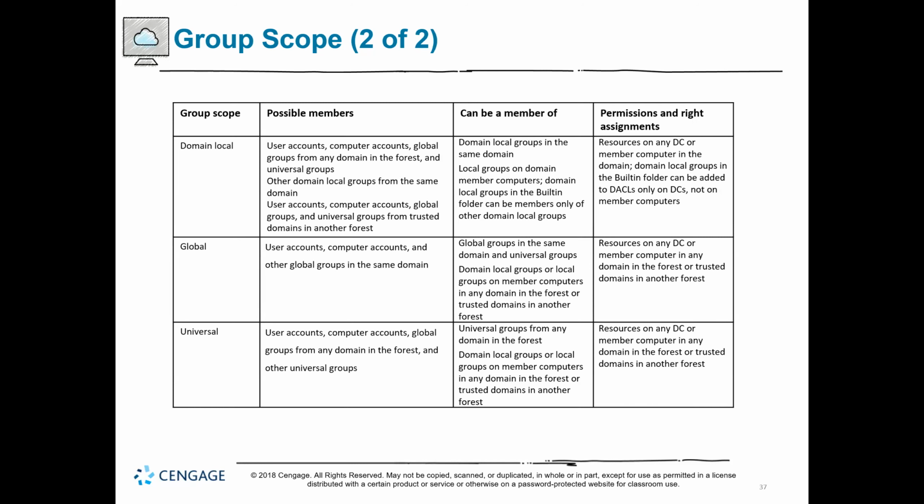Permissions and right assignments, resources on any DC or member computer in any domain in the forest or trusted domains in another forest. And then next, universal. So remember, there's global and universal. User accounts, computer accounts, global groups from any domain in the forest, and other universal groups. Can be a member of universal groups from any domain in the forest, domain local groups or local groups on member computers in any domain in the forest or trusted domains in another forest. Permission and rights assignments, resources on any DC or member computer in any domain in the forest or trusted domains